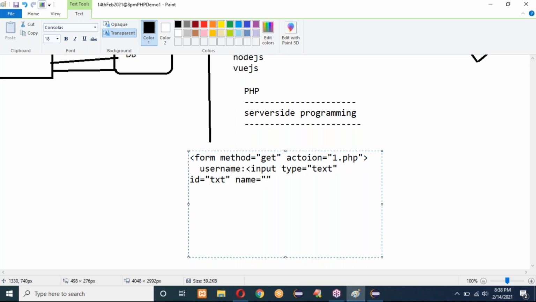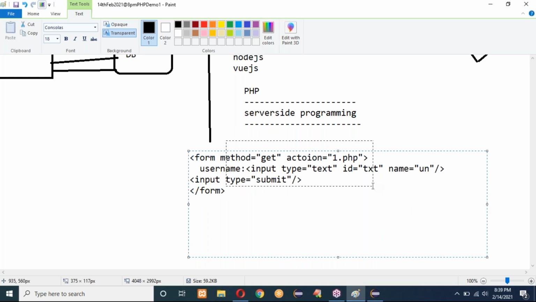This is completely related to front end. Whatever tags you are using, and how you are submitting your input to the server page. Suppose you want to redirect to a server page. Here I entered only username. Whenever I click on the submit button, I want to submit my username to 1.php.